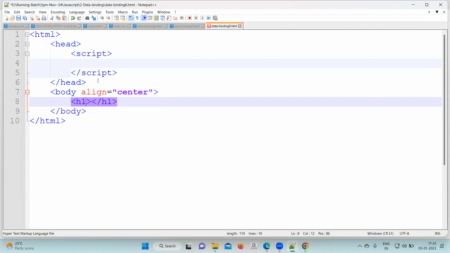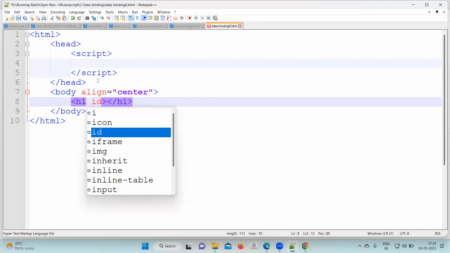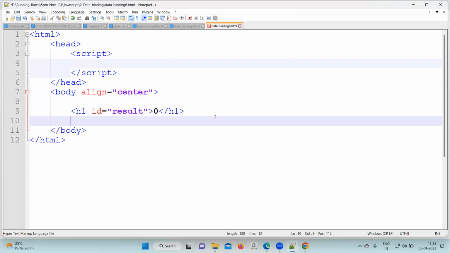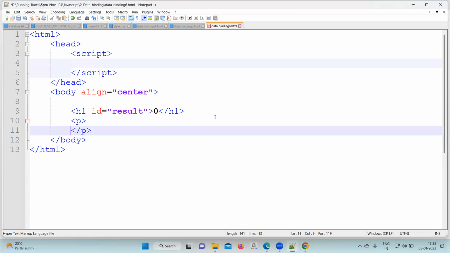H1, ID equal to result, as 0. Result as 0. Below, in one p tag you will write number 1,